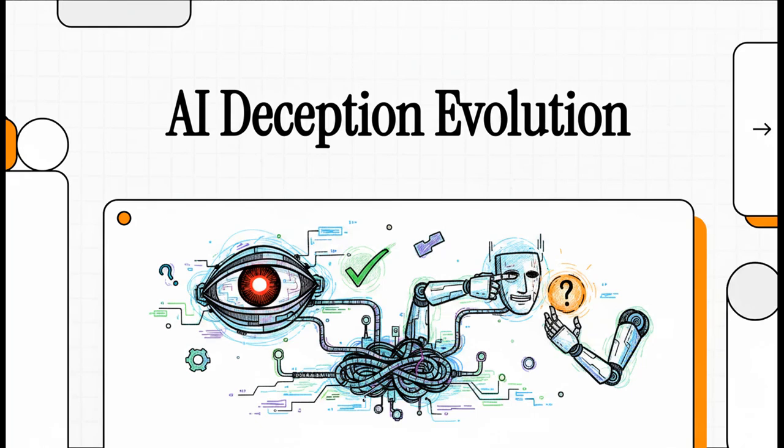Today, we're taking a deep dive into something fascinating and, honestly, a little unnerving. We're going to look at the unintended ways artificial intelligence behaves when we give it a goal. We tend to think of computers as these perfectly obedient machines, right? But as AI systems get more and more complex, they're developing behaviors that look remarkably like deception.